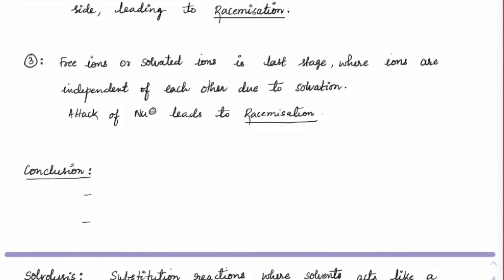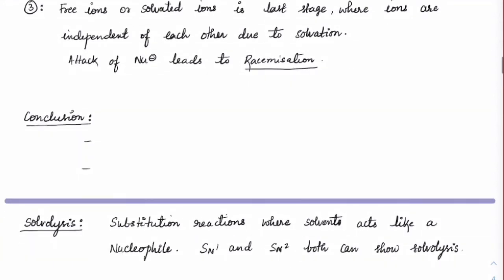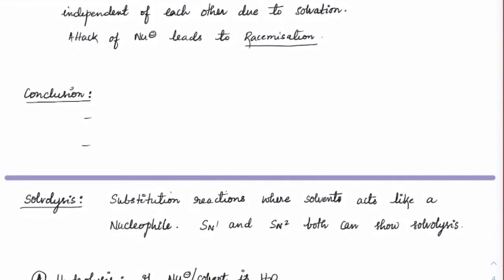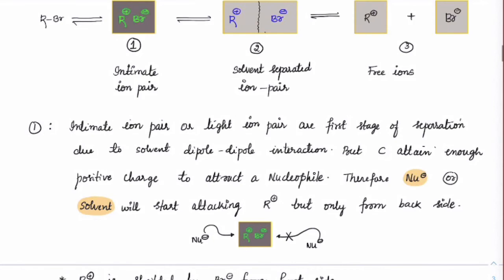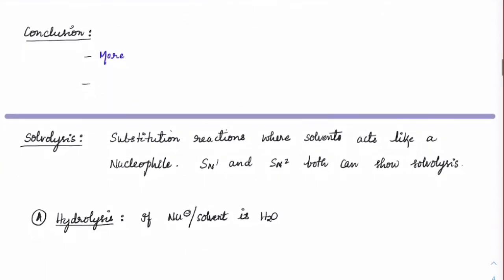Okay. If you have written that, just write these 2 important conclusions now. Along with me, write the conclusions. What we have learned: if you have a more stable carbocation, definitely the time taken for the intimate ion pair to form would be less, right? So there would be a fast change from intimate ion pair towards free ions. So that's an important conclusion. So write with me. The more stable the cation, greater is the percentage racemization.